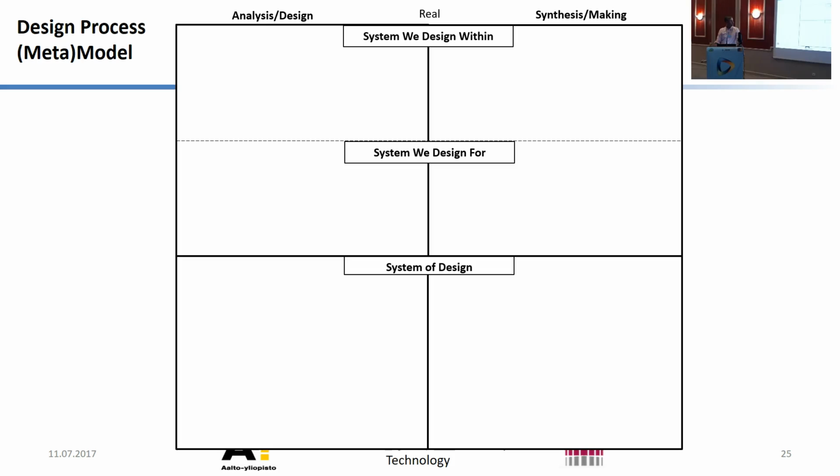Overall, we can divide into 2 polarizations. On top, we have real, so it's empirical, the way we experience the world, the way we understand the situation. And at the bottom, we have symbolic. So we use drawings, we use models, we use calculations. These are symbolic. We use representations in order to extend our cognitive capabilities. It becomes a memory for what we're thinking about.